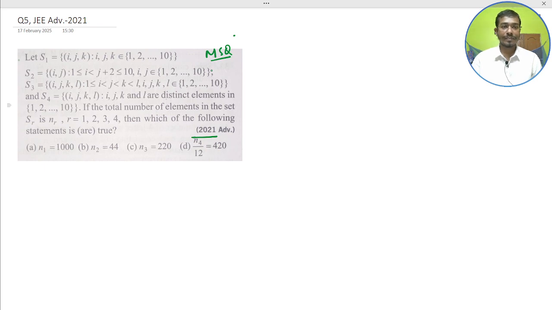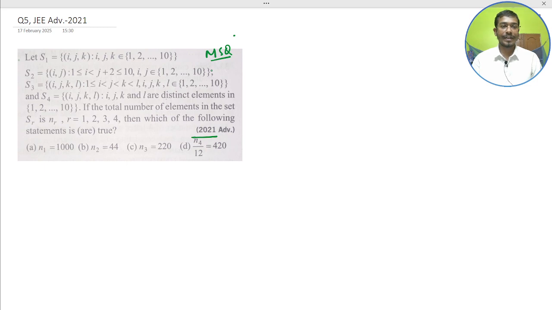Let S1 be the set of (i, j, k) such that i, j, k belong to 1, 2, 3 up to 10. This is a set of natural numbers. And S2 is the set of (i, j) such that 1 ≤ i < j+2 ≤ 10, where i, j belong to 1, 2, 3 up to 10. This is another set,